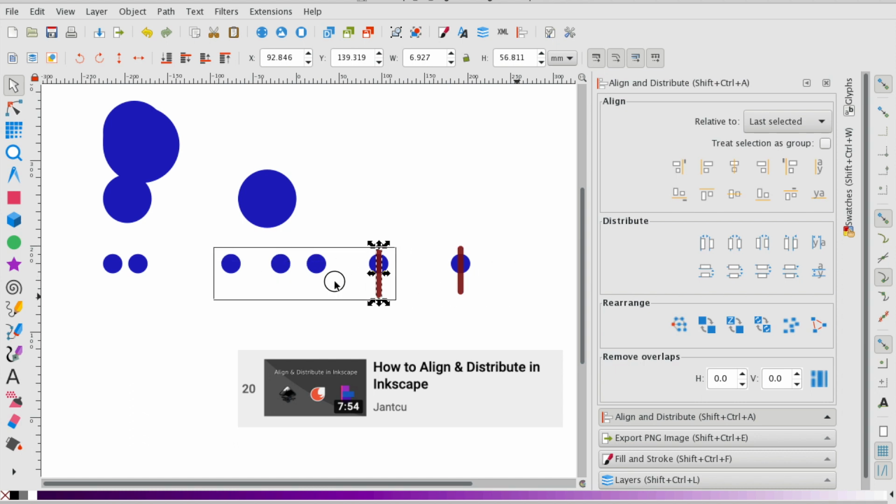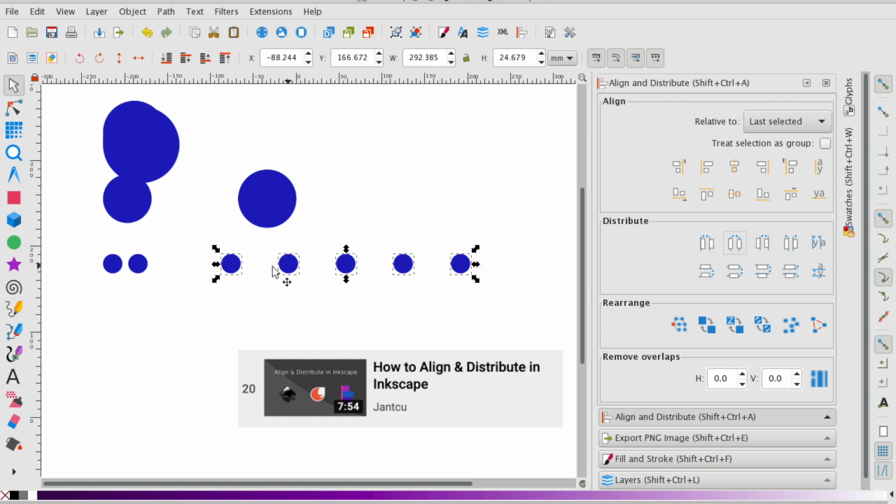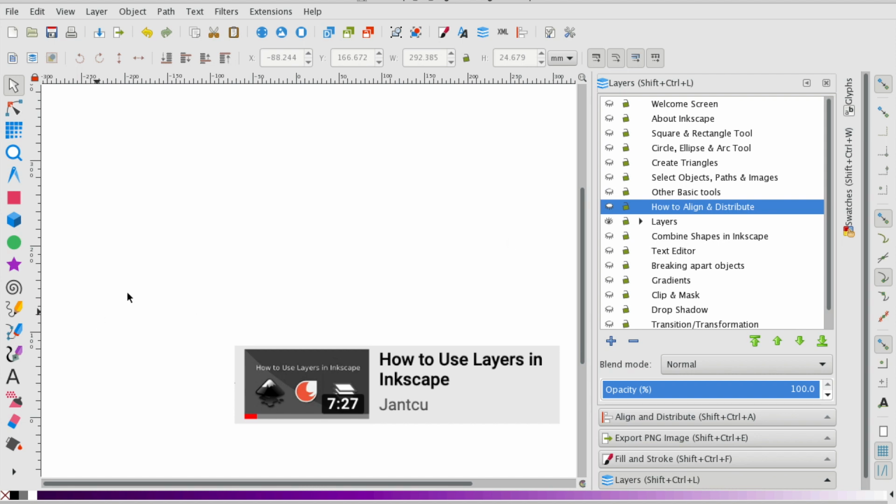So let's go ahead. I'm just going to delete these lines. That was just for demonstration. And I'm going to just select that, and you get perfectly separated circles. Again, there's a lot more options here, but I'm going to move on because I can spend all day on just one tool. Okay, so there's a layers video currently up on the Janku channel, but I will cover them